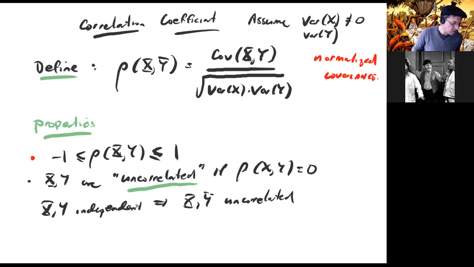Okay, so now I'm going to save the slide and talk about the main property I want to talk about for the correlation coefficient. Let me first do an example. So let Y equal a plus b times X, for some constants a and b. Then